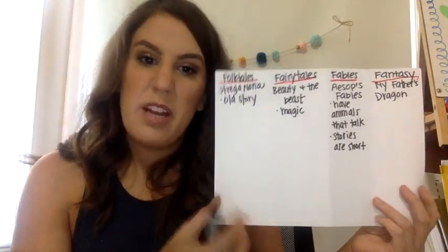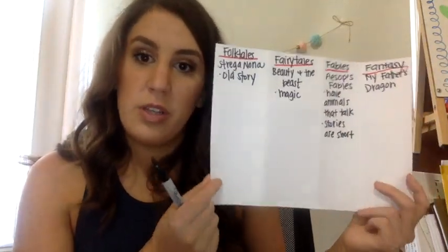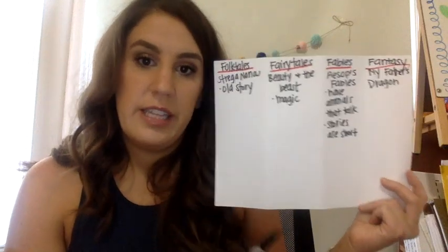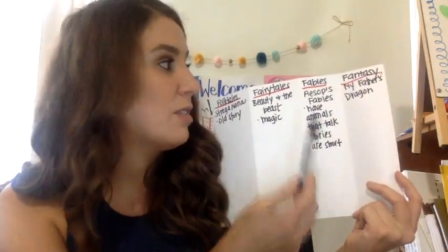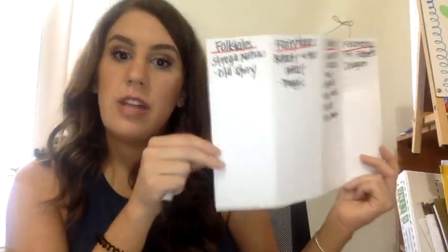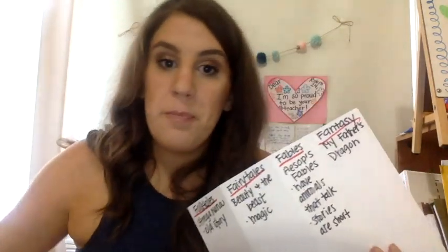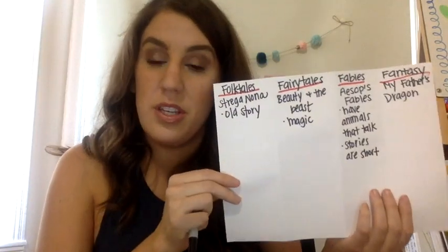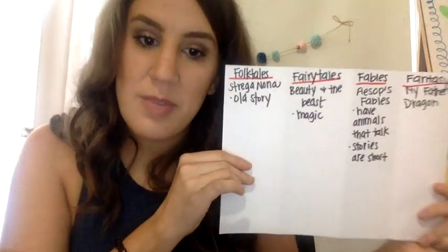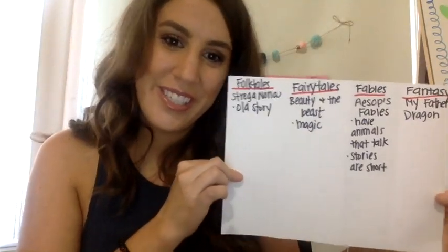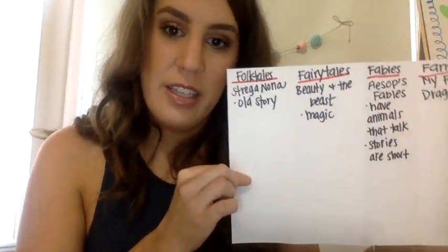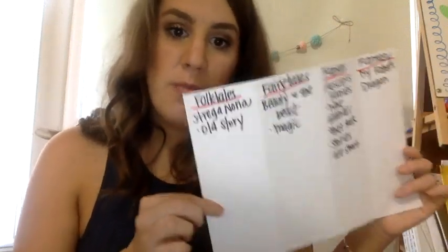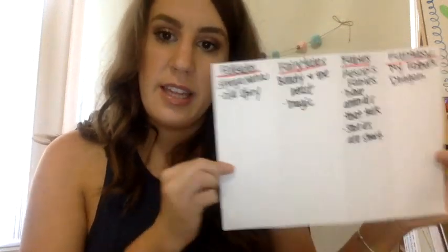So I want you to spend about 15 minutes looking at books that you've already read and categorizing them as folktales, fairy tales, fables, or fantasy. You can do that on a piece of paper like this, or with post-it notes on your books and making stacks of books. It's completely up to you. For this assignment today, you do not have to add an attachment of your work. You can add an attachment if you're interested in showing your teacher what you did, but it's not required. So make sure that you're reviewing books for about 15 minutes and creating a list like this, or using post-it notes and making piles of your books.